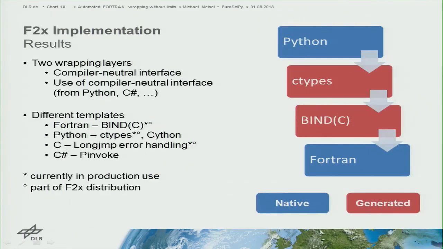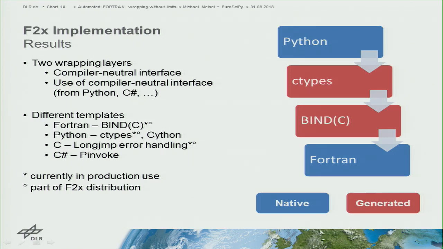So in the end, what you get is you have your Python code, and now you have your Fortran code. I generate a bind(C) wrapper, which is really cool because this is a standardized way you can export your Fortran functions to C without being compiler specific. Then you can use these C interfaces from ctypes, for example. That's what I do currently, and then I can call it from Python. There's different templates available.